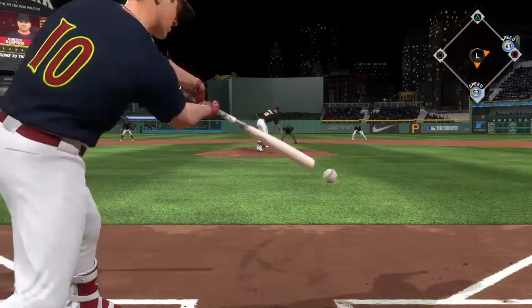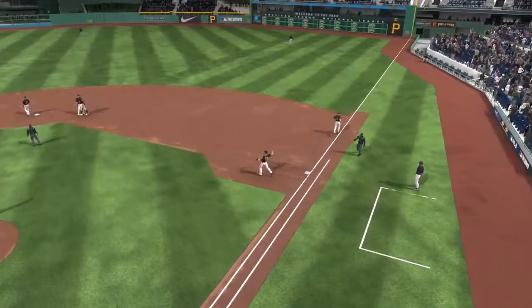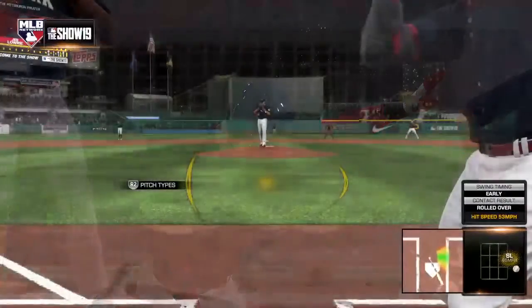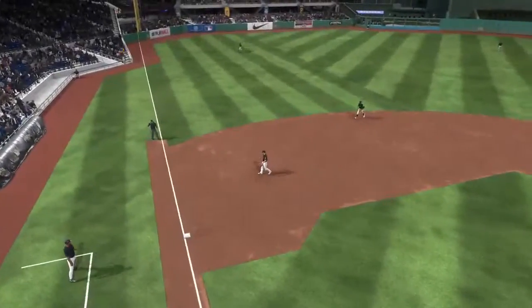The 2-2. Weak grounder back to the mound. The tag, and he is out. Return throw is in time, and what do you know? They do get the double play. Striding in, Jed Lowrie. He'll work on keeping this top of the second alive. Line shot to third, and the side is